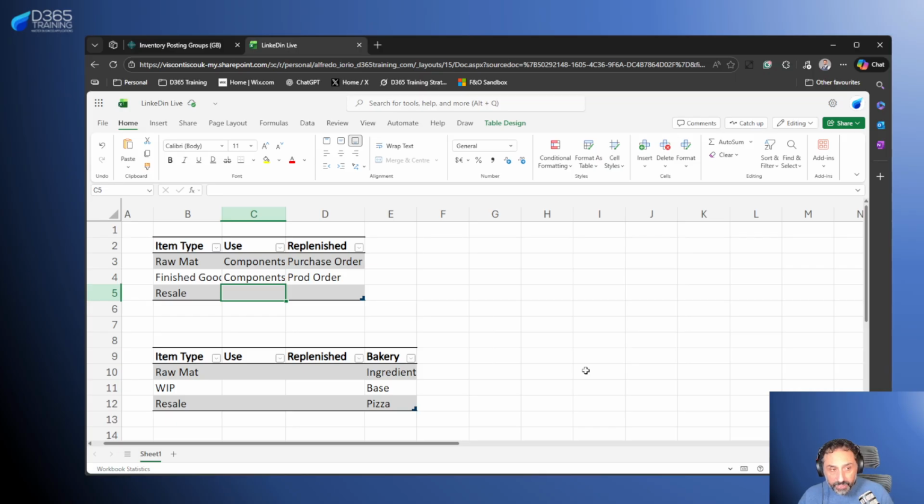And so we have the resale, and the use for resale is for sales, right? So the use is on sales orders. And how we replenish that, we also replenish that through a production order. So